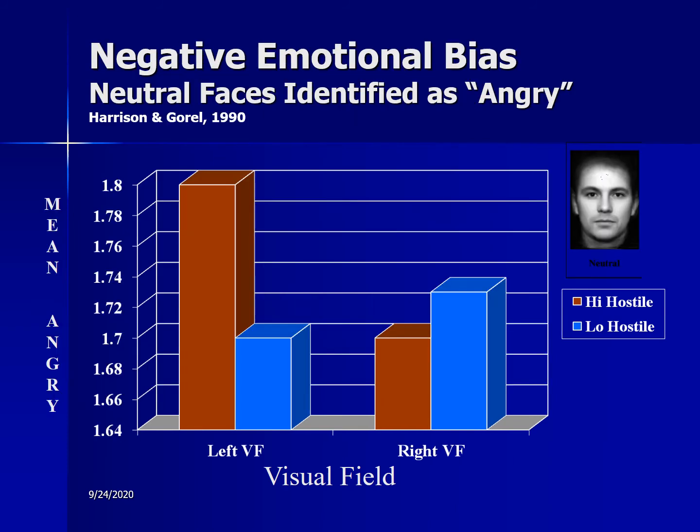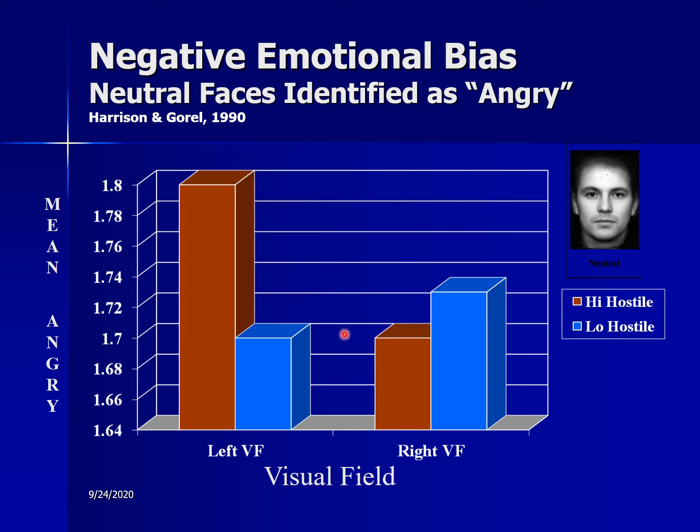So if our high hostile folks are inaccurate at recognizing emotional faces, then what are they seeing? What kind of errors are they making? So in this project, what we did was insert a neutral face every now and then. And it was forced choice. There was only a lever to identify the face as angry or happy. But every now and then, unbeknownst to our subjects, we slipped in a neutral face like this fella here.